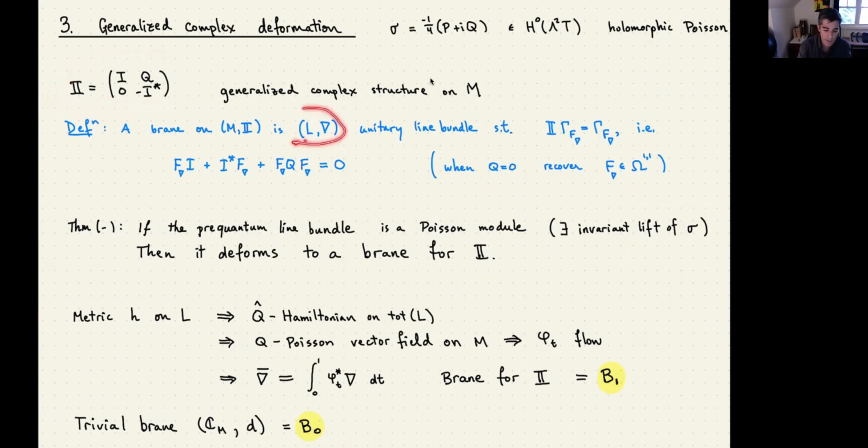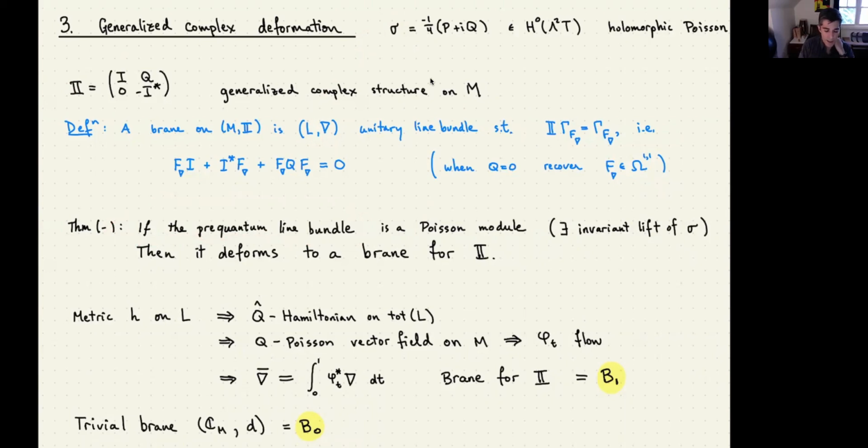These would be line bundles, let's say branes supported on the entire manifold. They would be a brane with a unitary connection satisfying a certain condition. The curvature would not have to be of type 1,1, but rather, if this were 0, it would be of type 1,1. But because of the presence of the Poisson structure, the type 1,1 condition gets modified. And then it turns out that as long as the pre-quantum line bundle is a holomorphic Poisson module, which just means that the holomorphic Poisson structure sigma should lift to the total space of the line bundle, as long as that condition holds,